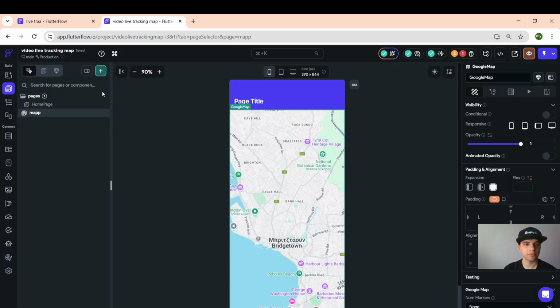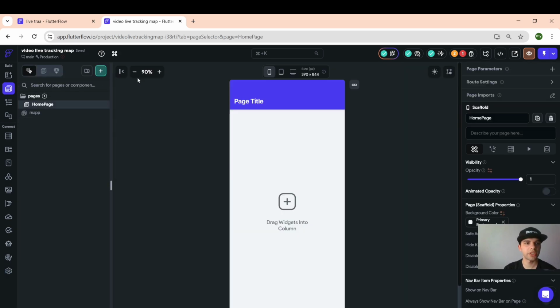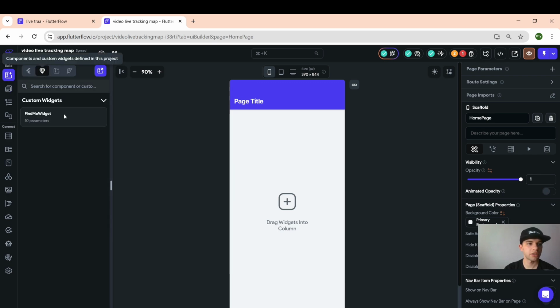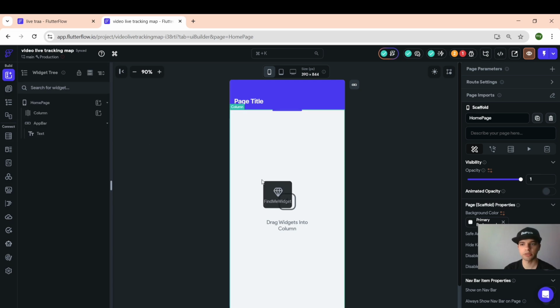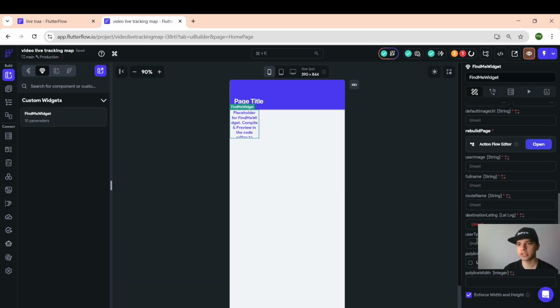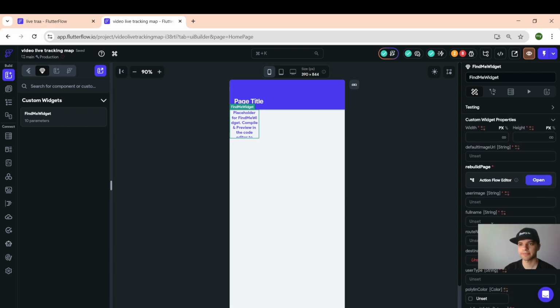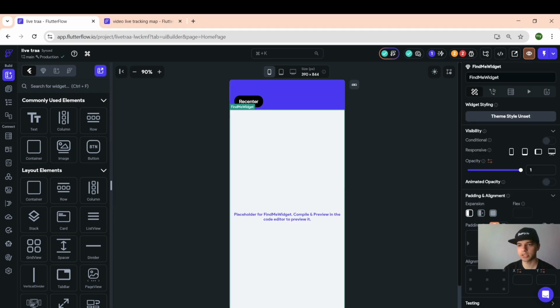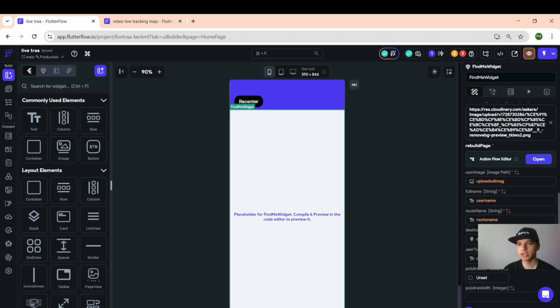And to add the custom widget inside your screen, you need to go here, click this and drag this custom widget, and then you need to set all of these parameters. To save us time, we'll show you from our project how we set all of these parameters. So